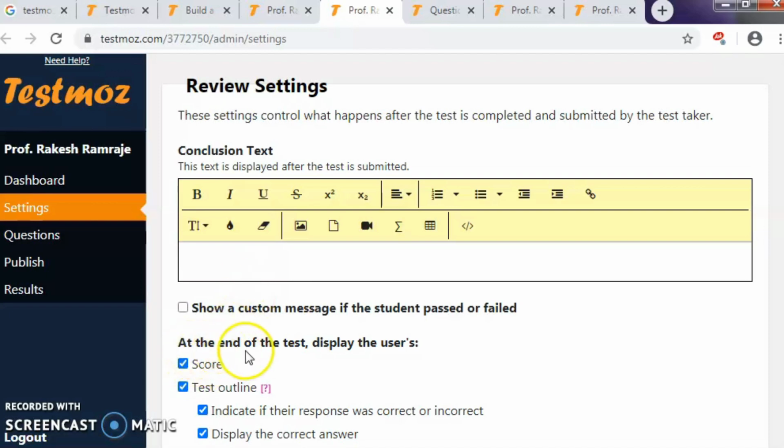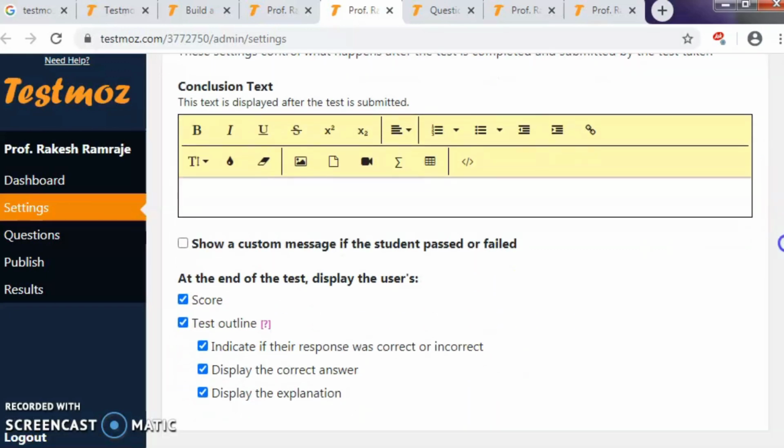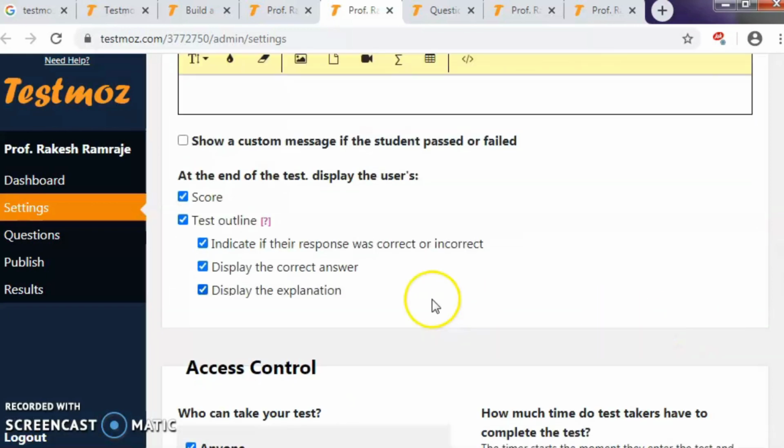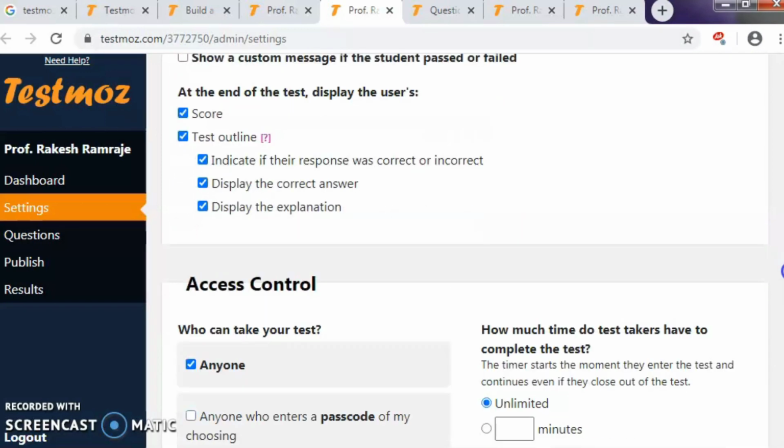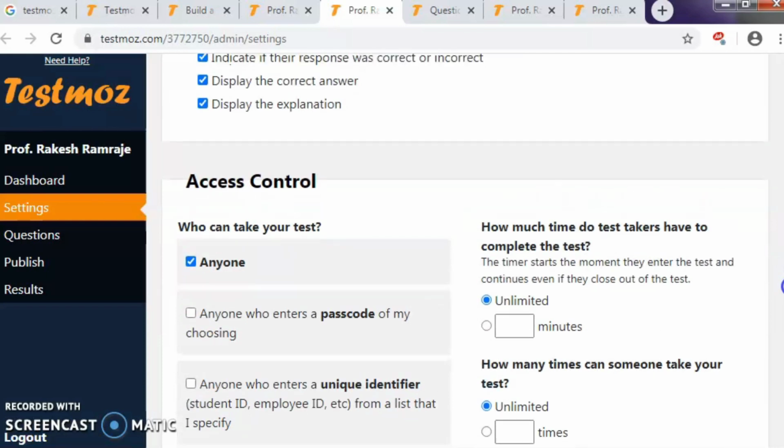And at the end of the test, display the user's score, then indicate if their response was correct or incorrect, display the correct answer and display the explanation. Such options are given. You must make a right sign for all these options, compulsory.